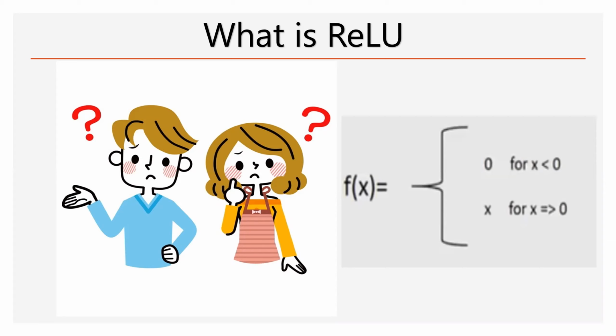Okay, now let's jump into our topic. What is ReLU? The abbreviation of ReLU is rectified linear unit. Normally we saw that the sigmoid activation function is used for classification problems, correct? In the same way, ReLU is used for regression problems, and mostly when we have multiple hidden layers, we go with the ReLU activation function because it doesn't have the disadvantage of the vanishing gradient problem, which we have in the sigmoid and tanh activation functions.